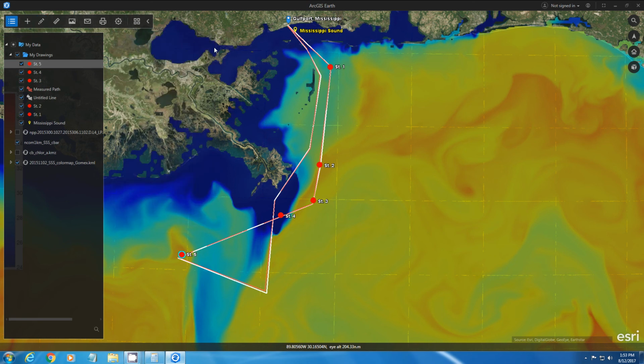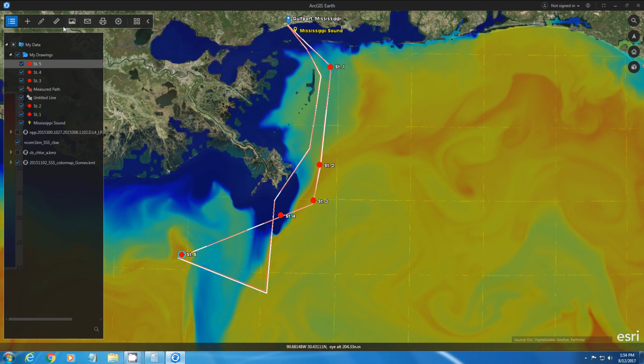Ideally, you'll have 15 to 20 stations for that cruise, and each station will take 5 hours. So our initial cruise track will take 40 hours, you need to add those 5 hours of those stations, 45 hours. In this case, we have plenty of time to do more stations or to adjust our track so we can navigate a little more. We have 72 hours to come back to port. But for now, I'm going to assume that I'm happy with my track, and I'll save a picture of my